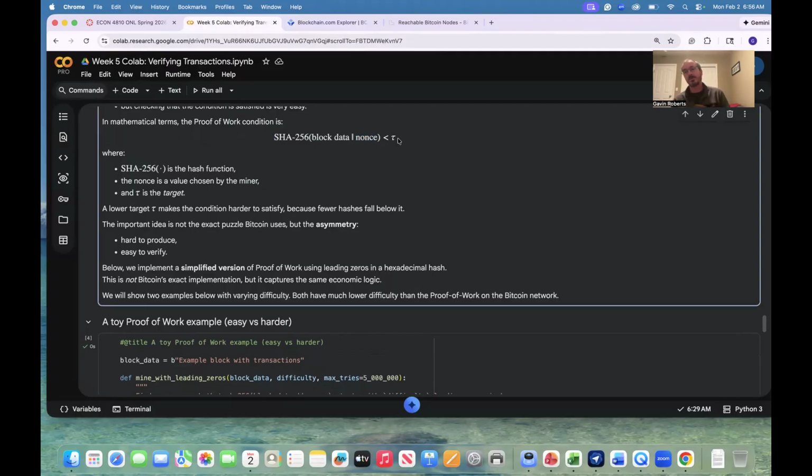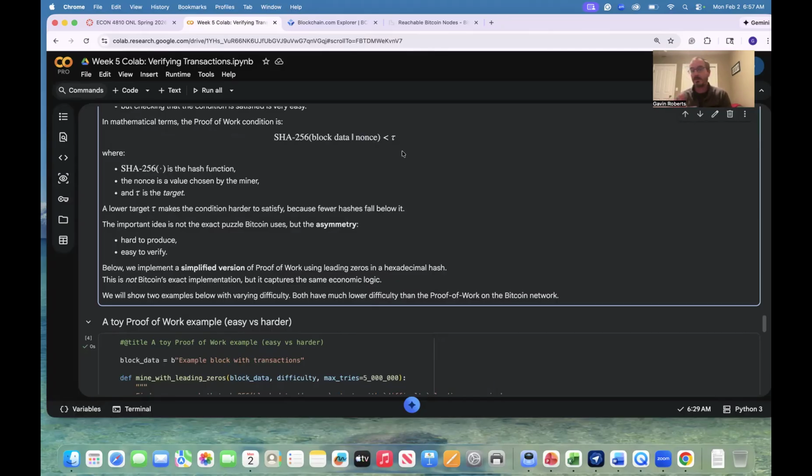Now, the Bitcoin network will actually vary this target value over time. If there are more miners, if there's more computational power being thrown at the Bitcoin network, then achieving this will happen quicker. When there's less computational power on the network, achieving this will take longer. So Bitcoin's goal is to mine a block on average every 10 minutes. So over time, the target value is updated to try to achieve the goal of 10 minute iterations between blocks